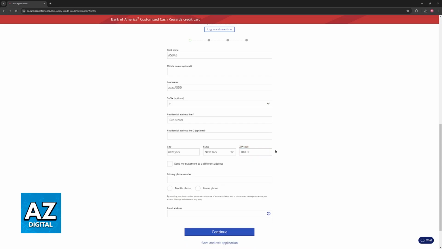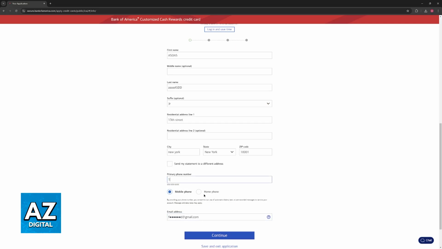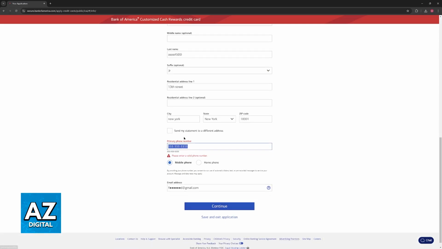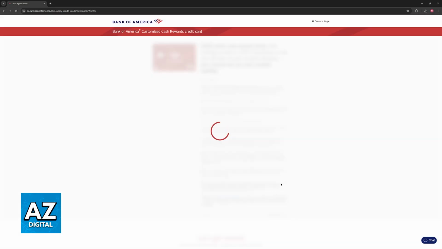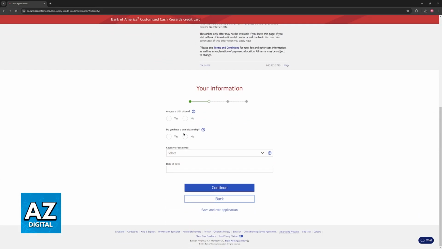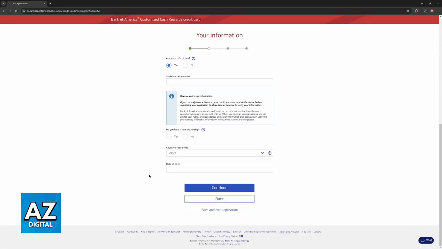Like I said, again, I wish I could go over this full process on screen, but because it contains way too much personal information, it is impossible for me to do so. But as long as you take your time and you carefully go through all of this, you will be able to get this process done on your own time and receive the card from Bank of America after you go through your application. I hope I was able to help you on how to get a credit card Bank of America.